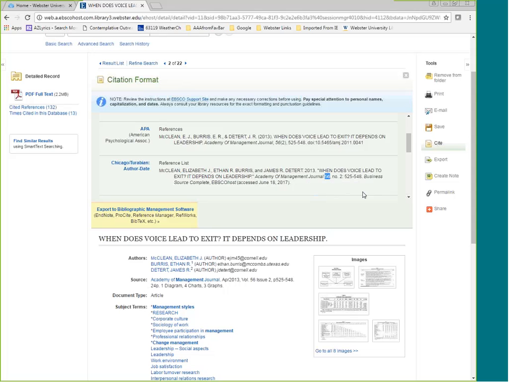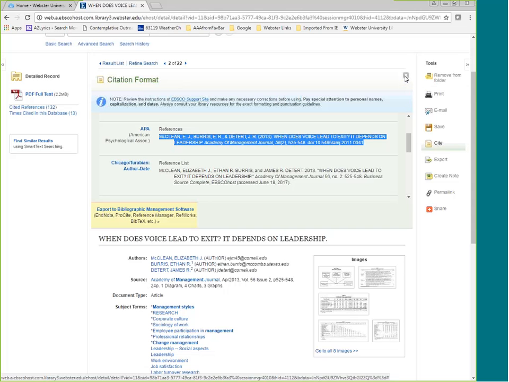Also, oh, I'm looking at Chicago Turabian. No wonder. Okay, I'm sorry. Oh my goodness. So actually, it did it right, except for the capitalization. It has done the author's names right. So in a different citation style, it should look different. And then after that, actually, this is correct. So anyway, suffices to say it's a nice start, and you can copy those out and paste them into a Word document, but you will have to go back and clean them up.